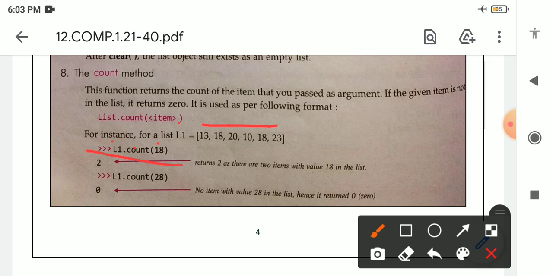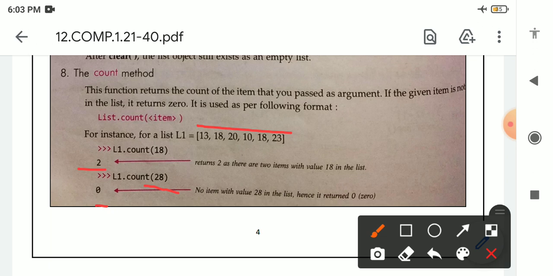See here, we have provided 18 as argument. We have to see the list. In this list 18 is present 2 times, so we will get 2. Again, 28 is not present inside the list, so it will provide 0.